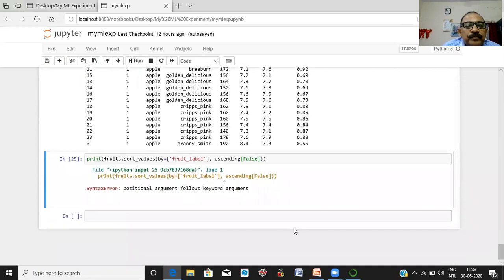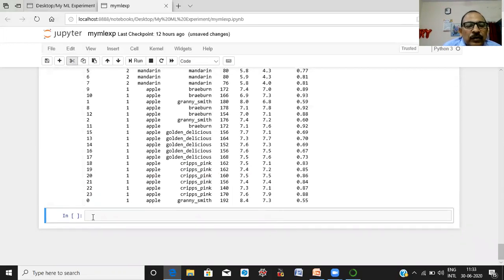Okay. We are going to delete these cells. Okay. Next. Suppose we want to arrange the records on more than one variable. Okay. For this,